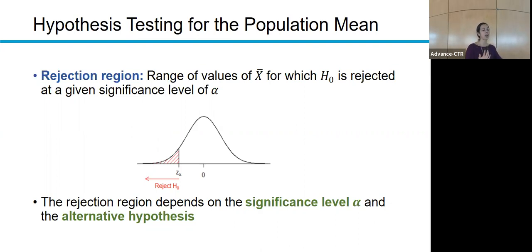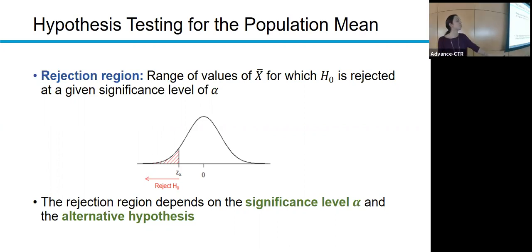What alpha is going to be driving is the position of that Z alpha. Let's say alpha is 0.05, then Z alpha is going to be right there. But if I make alpha smaller, so let's say 0.025, then it's going to be located to the left of that Z 0.05. What that implies is that my rejection region is going to get smaller, because if I put a value to the left, you can see that the rejection region is smaller than with my original alpha of 0.05. So the rejection region depends on your significance level, as I just mentioned. Changing that alpha value affects the position of Z, and it's also going to depend on the